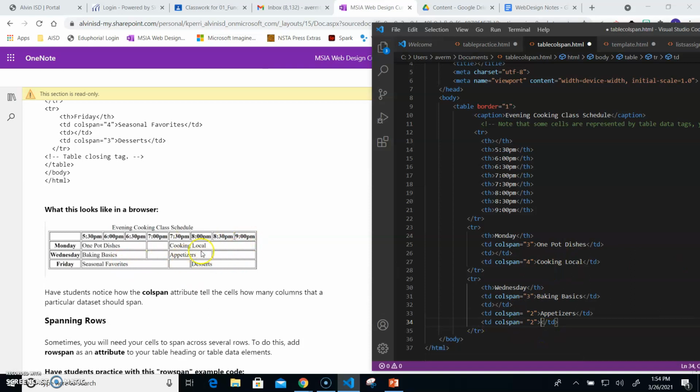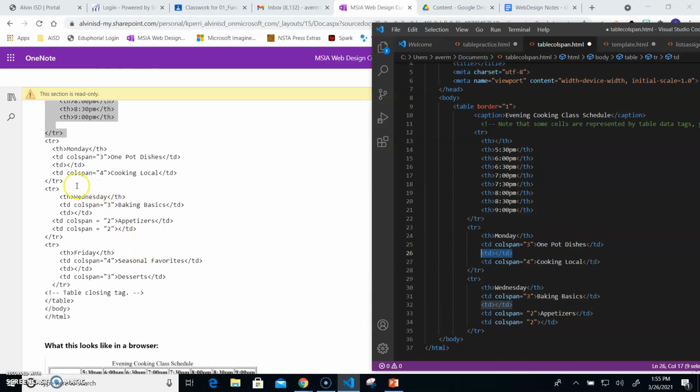If you were making this yourself, you don't have to have this merged together as a colspan 2. You could just leave it 2 separate TDs, but you would have to do this twice here instead of doing a colspan 2. So you can do a colspan 2 to just simplify your code, or just leave them empty. Alright, so we're going to do another row